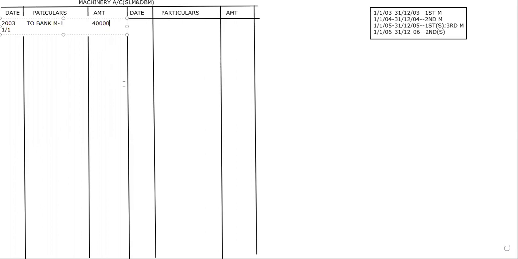Now I'll look into the table and see, do I have any other adjustments? I do not have any other adjustments. So simply what we'll do, we are going to close the year. So when we are going to close the year, what we are going to calculate as usual every time? As we have only one asset, I'll calculate depreciation only for one asset.